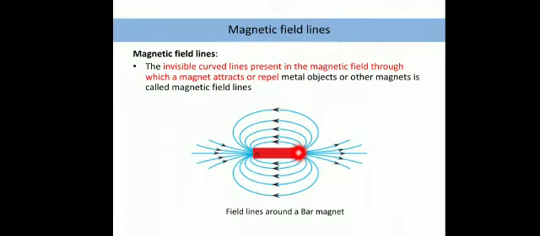From outside the magnet, these magnetic field lines start from the north pole and move towards the south pole. But inside the magnet they move from south pole to north pole. I hope everyone will keep this in mind. Many questions have been asked on this. If you place an iron nail close to the pole, it will attract.